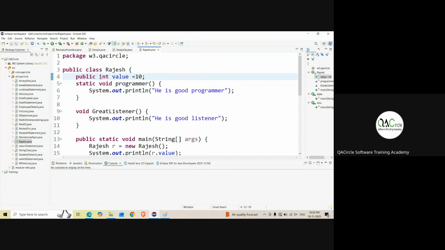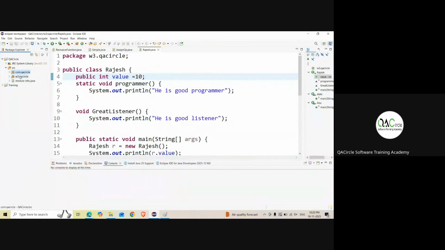When we see the packages, we'll see there are two packages here. You can see there's a com.qs circle, the w3.qs circle. When you write public, when you extend the Rajesh class in some other package also, it should be accessible. There is something called protected, something called private, and something called default. But for now, understand,